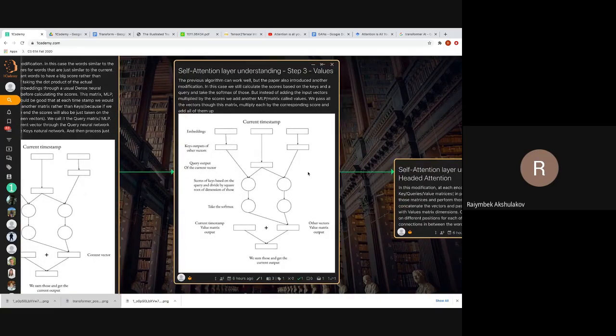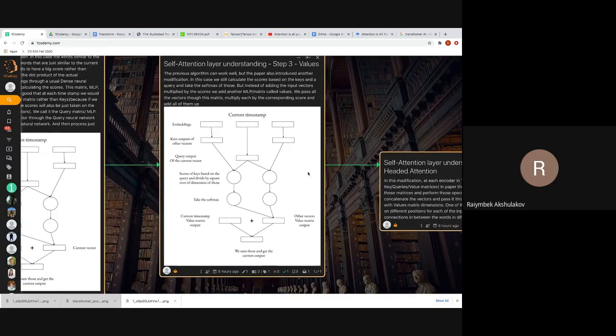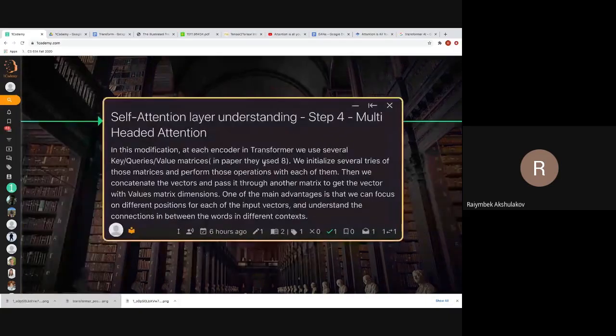Now we get the single attention layer concept, but they also introduced another modification, which is called multi-headed attention. In this modification, we just use several of the previous algorithms. Like we initialize several keys, queries,